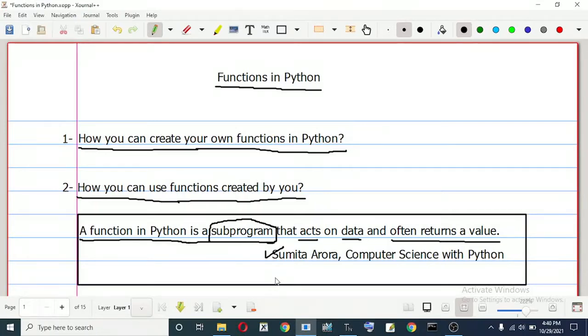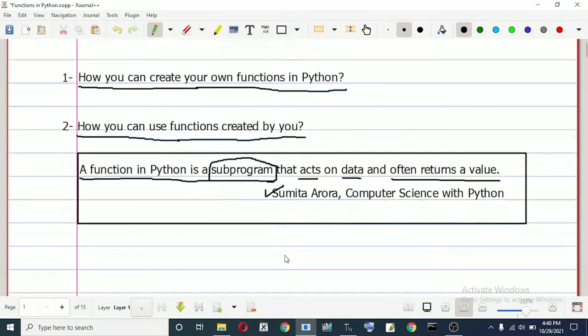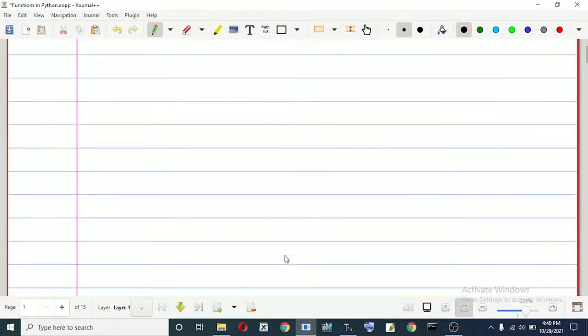Now let us understand what a function is. You must know about functions in mathematics. For example, f(x) = 2x².